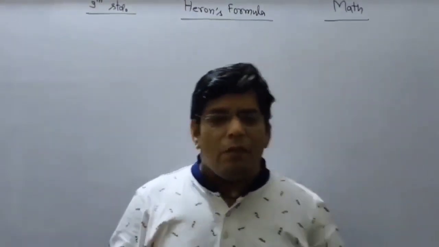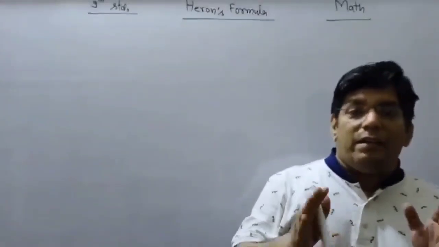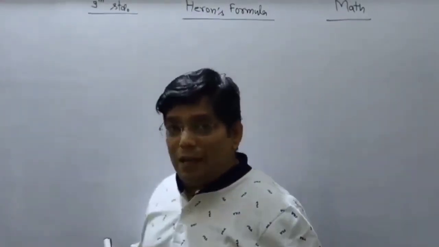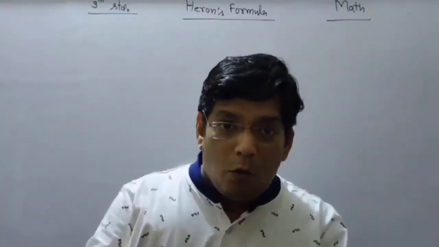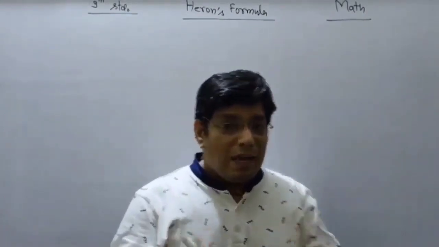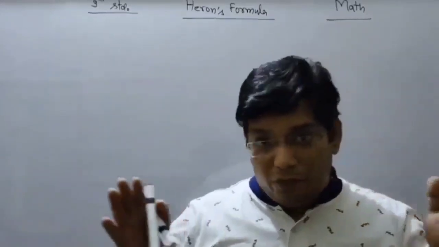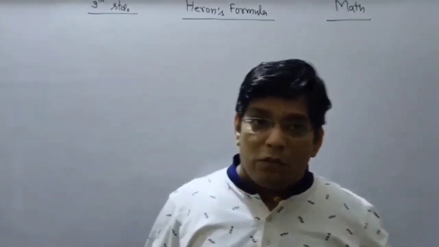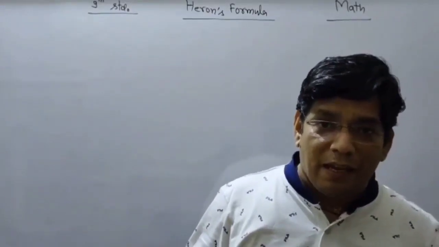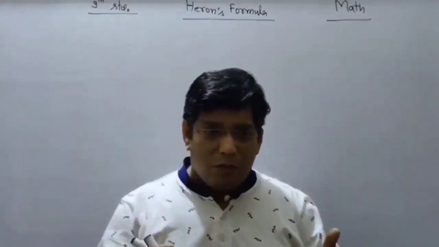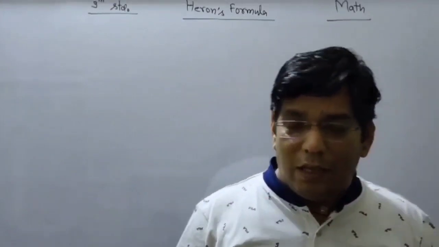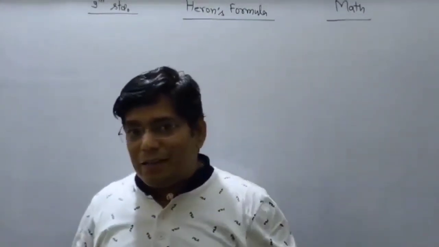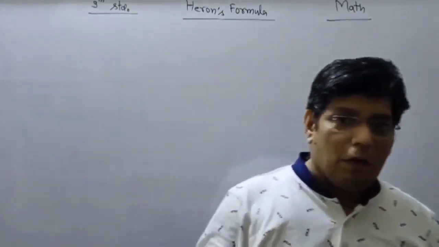You know it in your earlier classes, you have studied that triangle means closed figure with three sides. I repeat, closed figure with three sides. If we go through the different kinds of triangles according to sides, we have isosceles triangle, scalene triangle and equilateral triangle. Isosceles triangle has two sides equal, in an equilateral triangle all the sides are equal, and in a scalene triangle all the three sides are unequal or different.